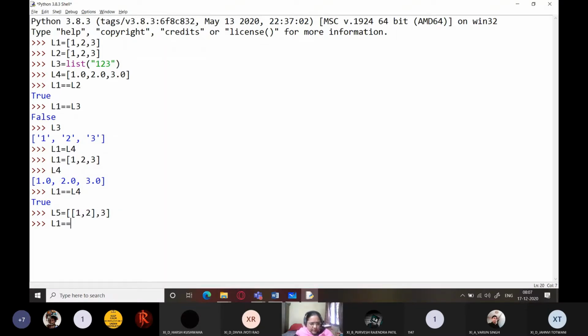And I'm writing L1 equals L5. Can anybody tell me what the answer will be for this? L1 is 1 2 3 and L5 is 1 2 3 only, and I'm checking whether L1 is equal to L5 or not. Can anyone tell me what answer we should get for this last line?